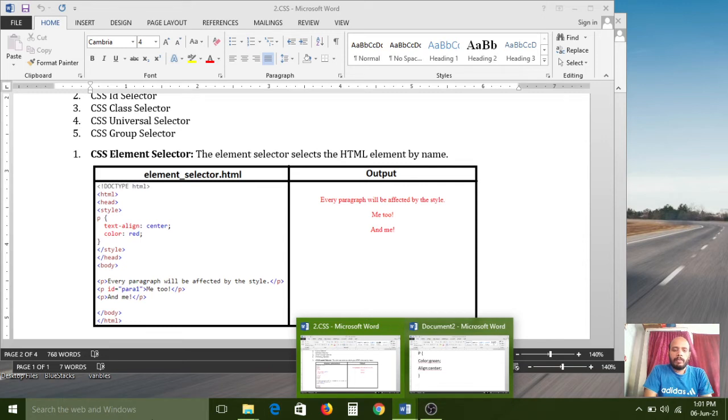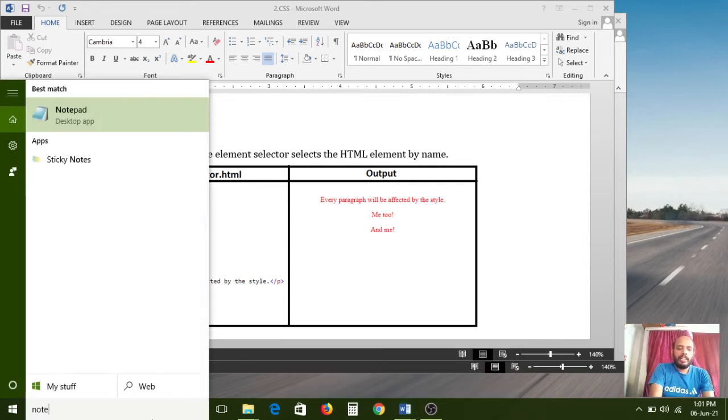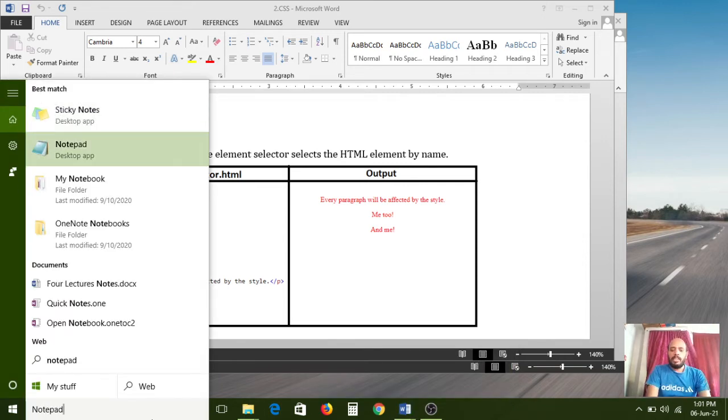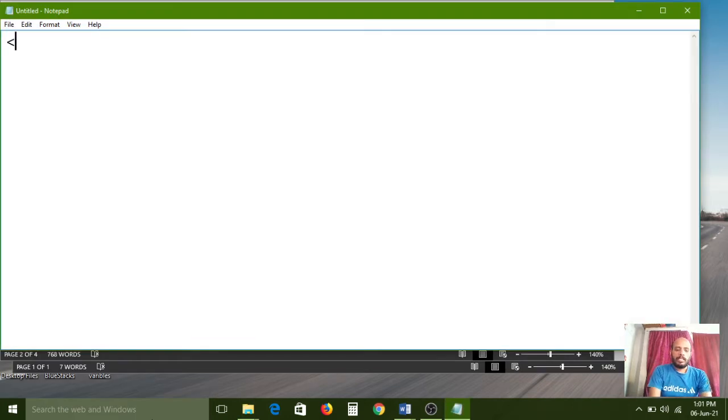For your understanding, I am simply opening a notepad and writing one example for the element type selectors. DOCTYPE HTML. The HTML opening root tag, and the closing HTML is the closing tag.